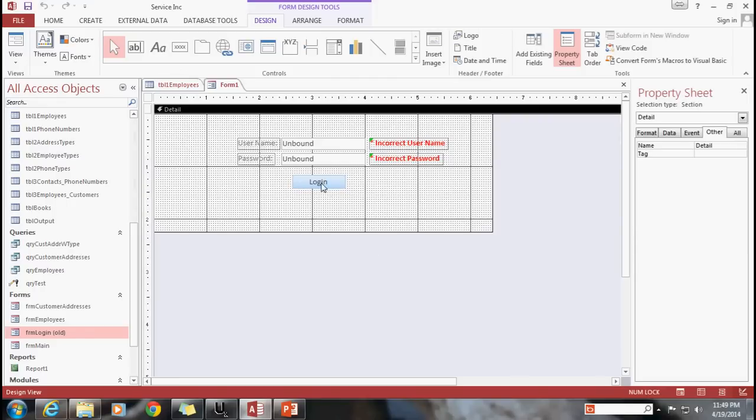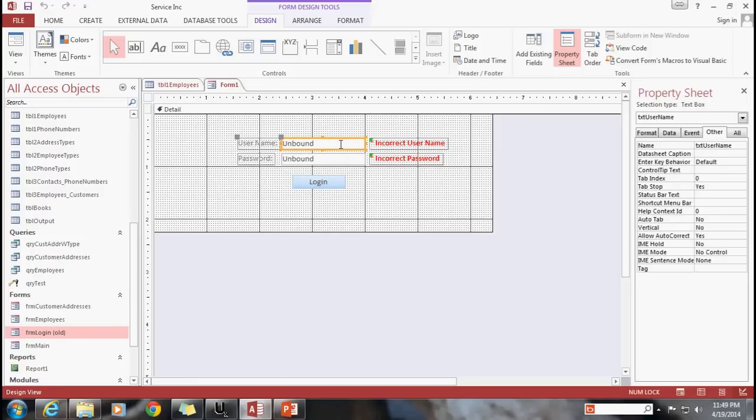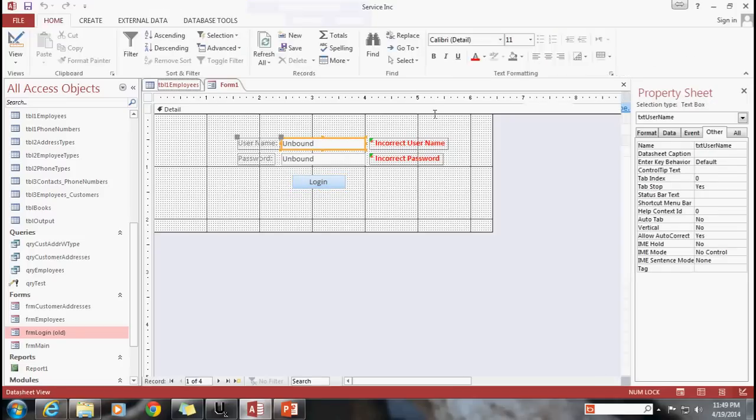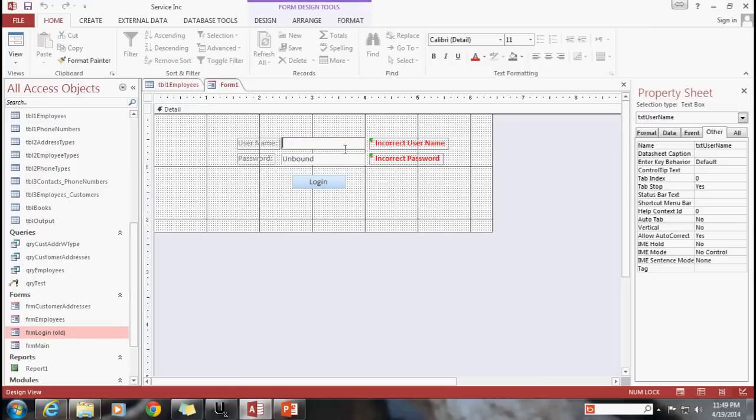All right, so let's go ahead and get started on some of the code. Now, when you think about this logically, essentially what we're going to do is compare, first and foremost, the username that they type in to the usernames that are in our table here. So first and foremost, we want to open up this table as a record set